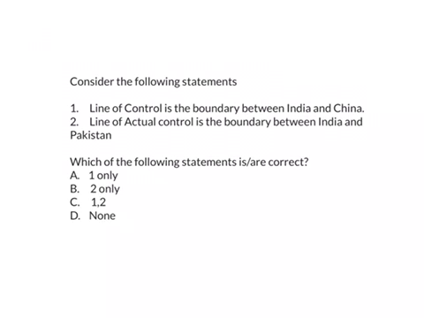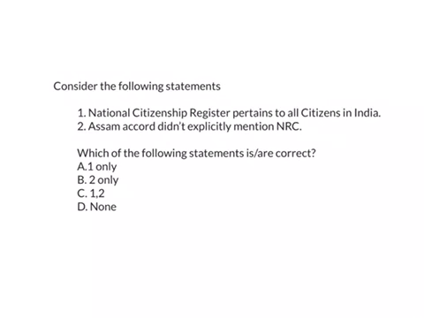Try to answer today's questions. The first question is, the Line of Control is the boundary between India and China. The second option is, the Line of Actual Control is the boundary between India and Pakistan. And the second question is, the National Register of Citizens pertains to all citizens in India. And the second statement is, the Assam Accord did not explicitly mention NRC. Try to answer these questions, and the detailed explanations will be given in the next core video,